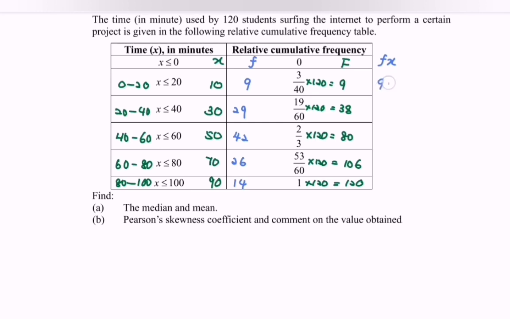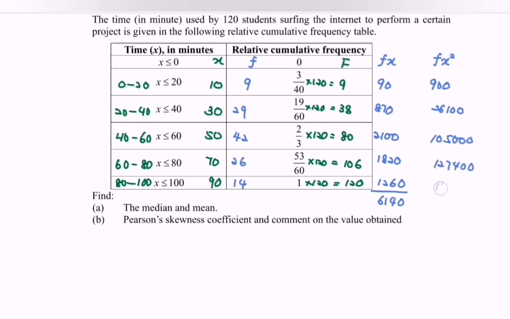So here we have 90, then followed by 870, 2100, 1820, and finally we have 1260. If we total up the values, then we have 6140. Next, we need to find out the fx square. By referring to the calculator, if we sum up the values, then we will have